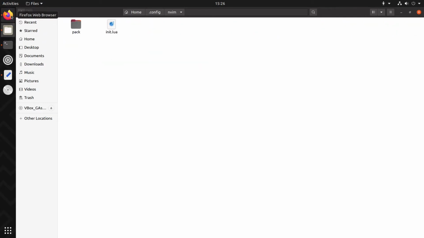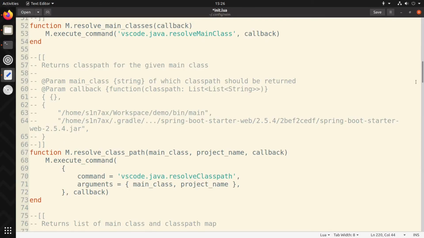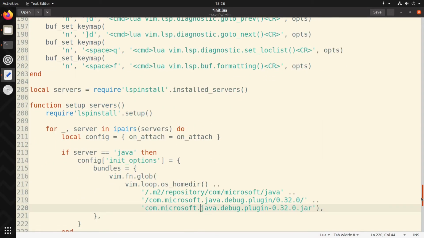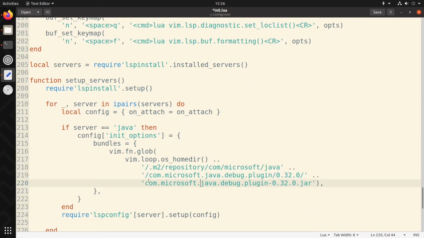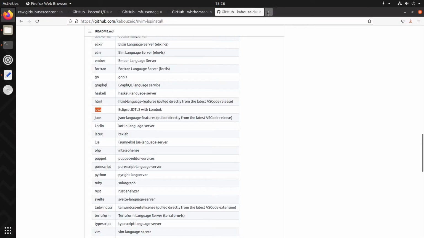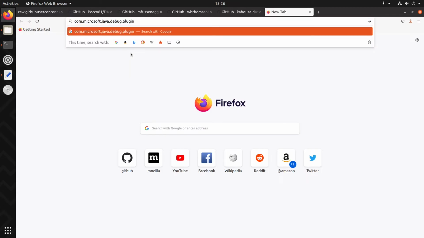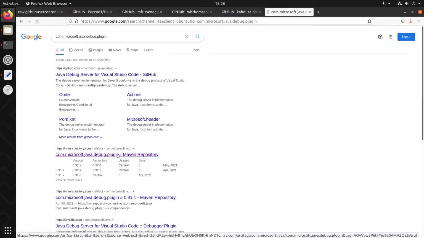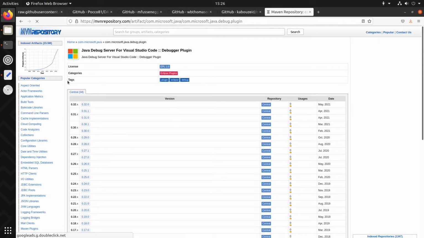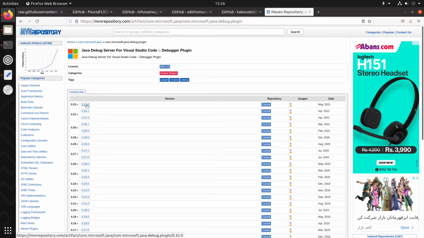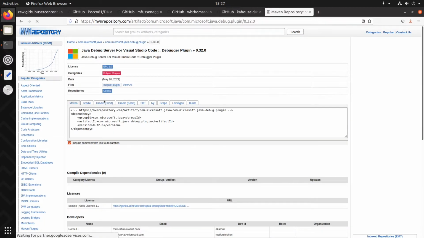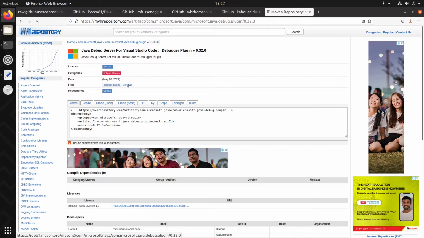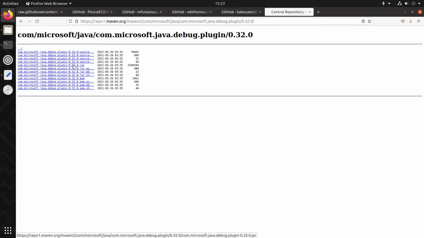Okay, now we need to install the plugin I showed you earlier, the Java debug plugin. So let me just Google this plugin and let's download it from Maven repository. Yep, there we go. Go to the latest release. Actually it has no downloads. Okay, anyway, go to files and download the Java file,